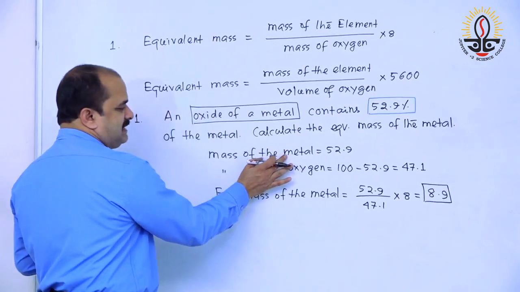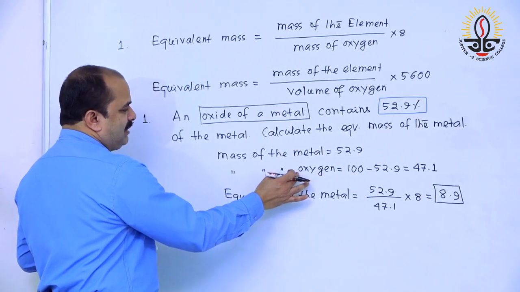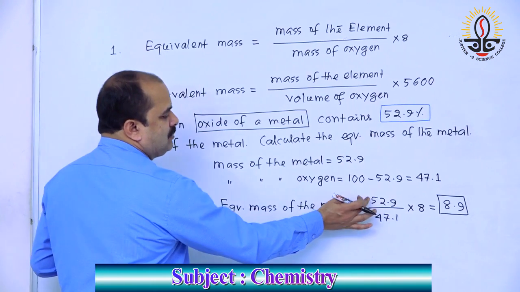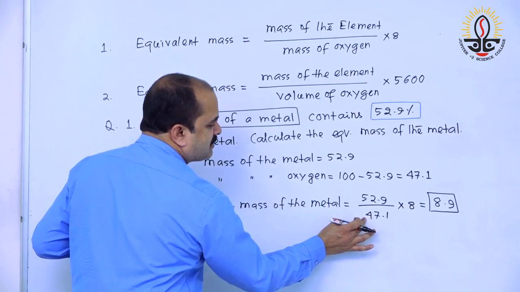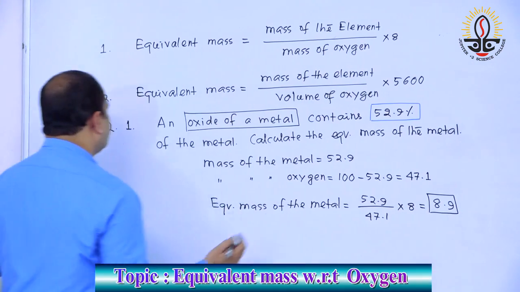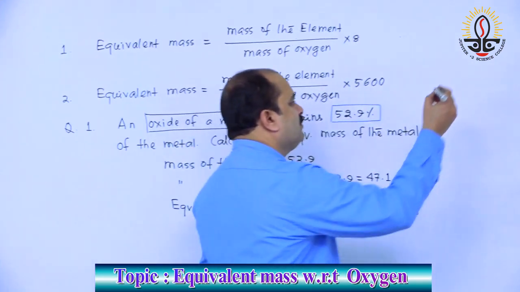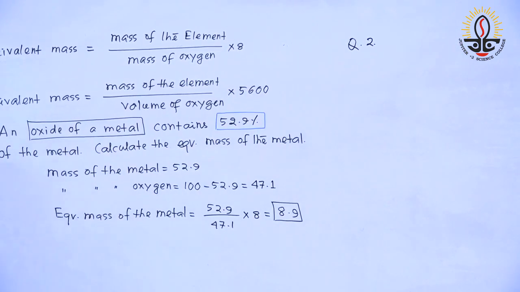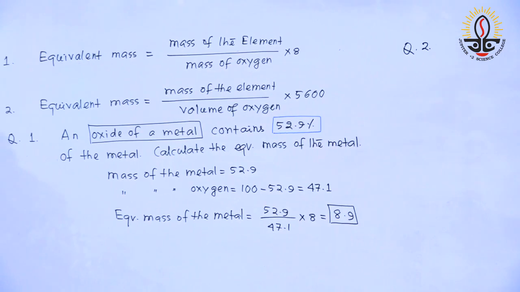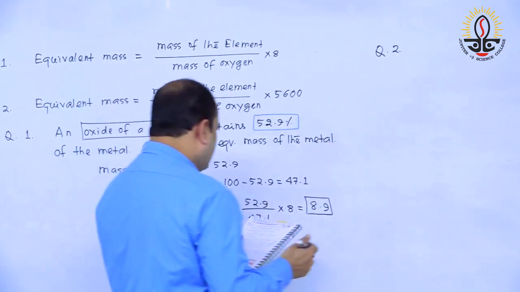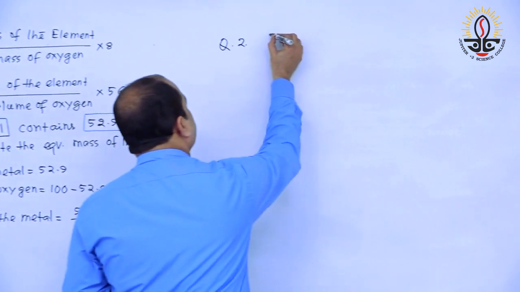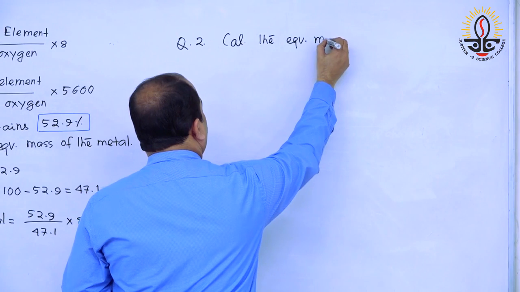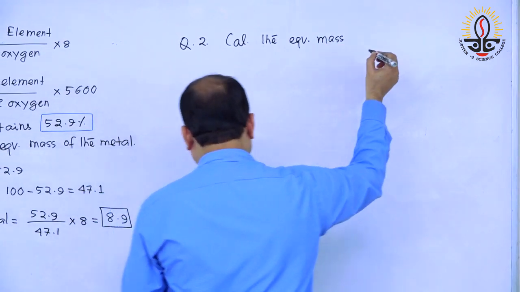As metal is given, oxygen is given, we can calculate the percentage of oxygen, percentage of metal. So equivalent mass of the metal is equal to mass of the metal by mass of oxygen into 8. Next question is question number 2. Calculate the equivalent mass of the metal